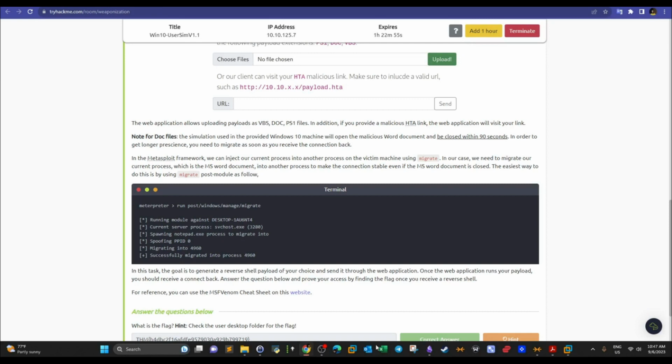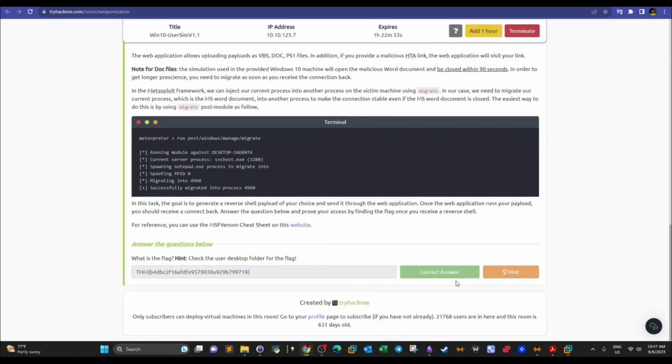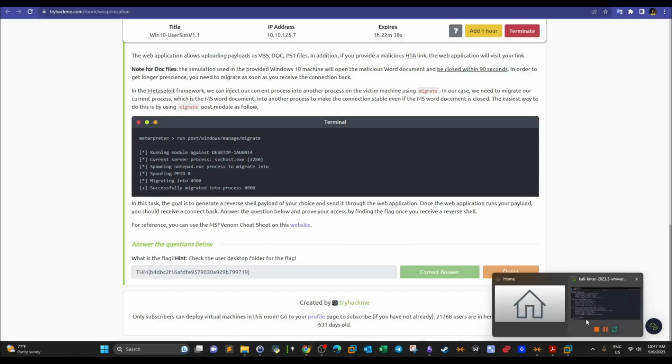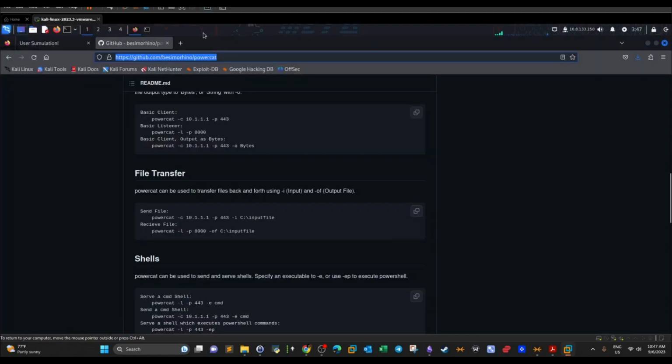Okay, and then we're gonna have to let the target machine execute this command. Now, since we don't have access, this is gonna be tricky. So what we're gonna do, we're gonna copy that. Okay, since the machine only allows you to upload